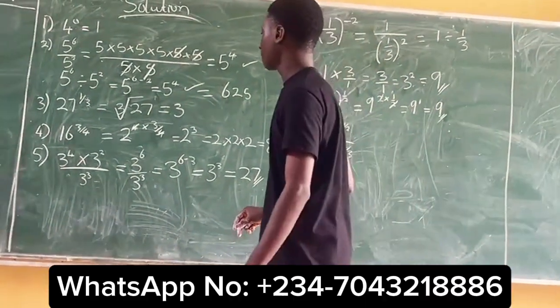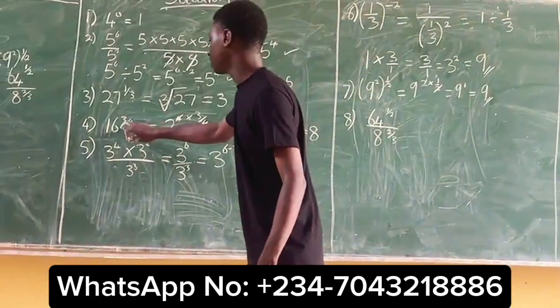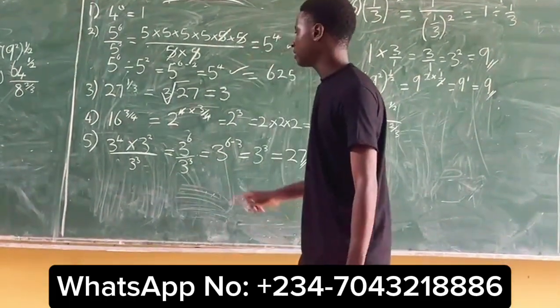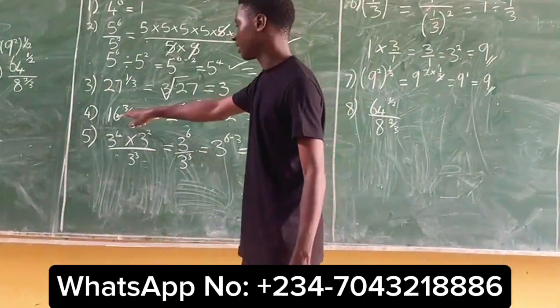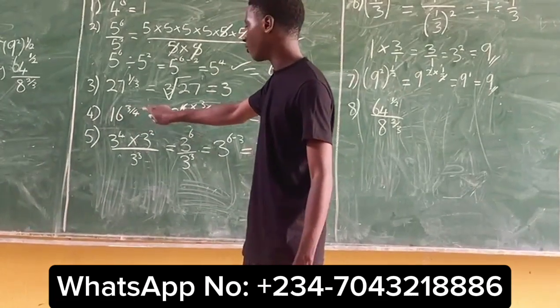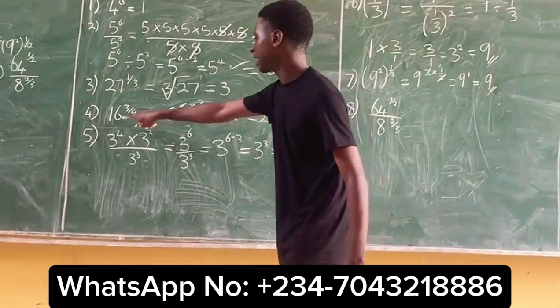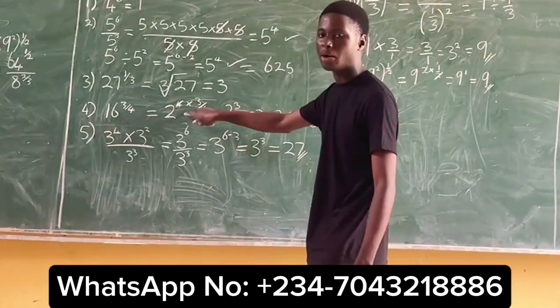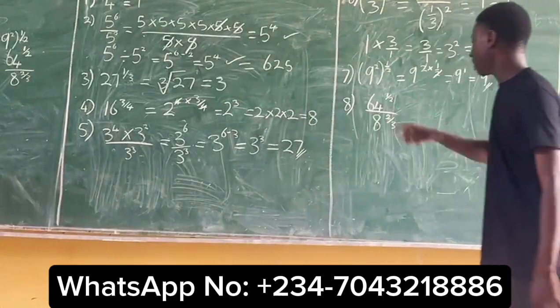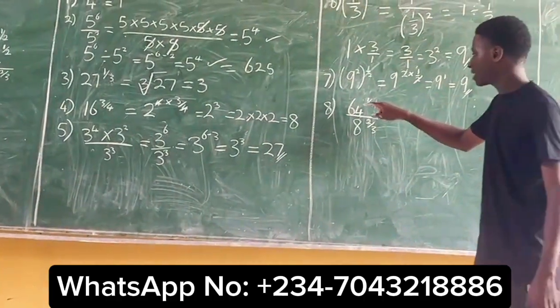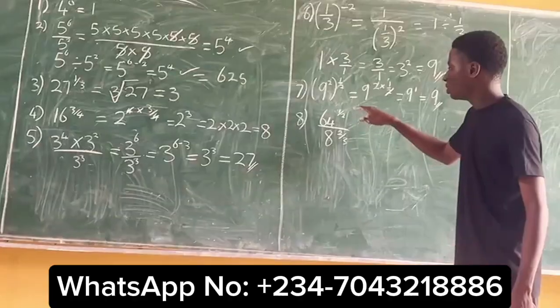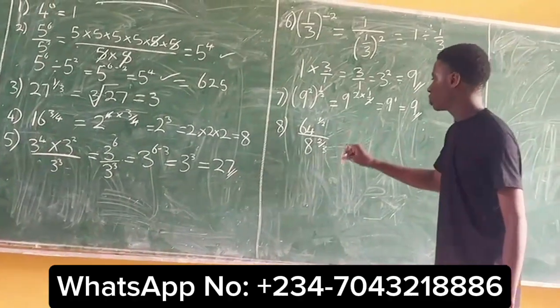Recall, when we solved number 4, I said express 16 to have the power of 4. And then we say 16 can be written as 2 to the power of 4. Now, same thing applies here. Express 64 to have the power of 2. So if I'm to write